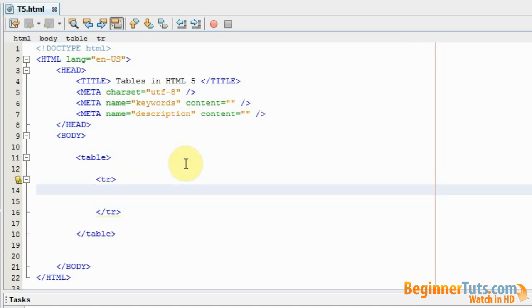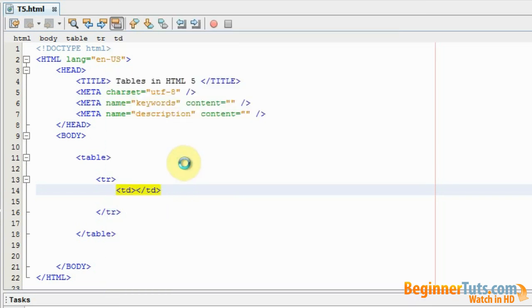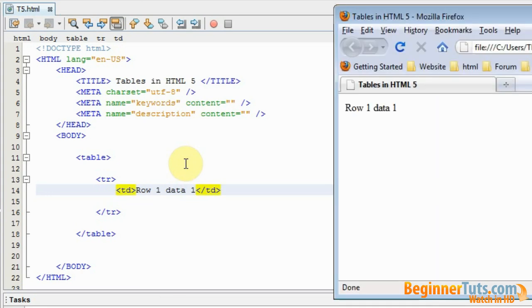Within the table row we would like to add some data. So we'll make a tag called table data, like that. Between these table data tags we will need to add some content, the content that we want to have in our table. So I'm just gonna call this row 1 data 1. Let's try viewing this in the browser. As you can see, it types out row 1 data 1, but it's kind of hard to see where the